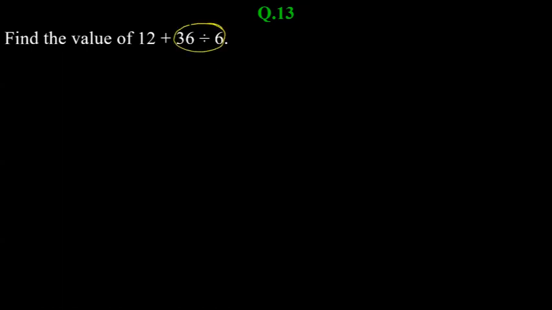It means you will solve this one first. 12 plus 36 by 6. And if you are confused, write it like this so that you don't make any mistake. And this is very good trick to ensure that you don't make any mistake in division sign. Wherever you see division sign, convert it to fraction. Okay. Now it is 12 plus 6, that is 18. Yes, Samarth, now correct. Sushmita, it will be 18.